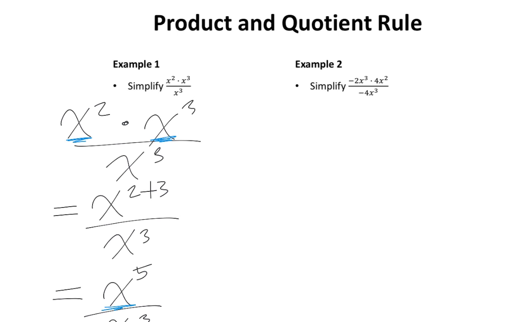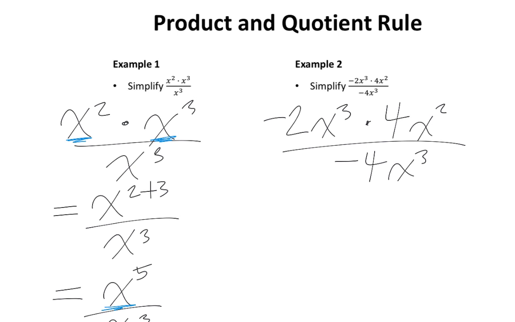In our second example, we want to simplify negative 2x to the power of 3 multiplied by 4x to the power of 2 divided by negative 4x to the power of 3. So let's begin by rewriting our question. I'm going to begin in the numerator. So let's first take a look at what I have in the numerator. Here I have two coefficients, -2 and +4, and I'm multiplying them. So -2 multiplied by +4 is